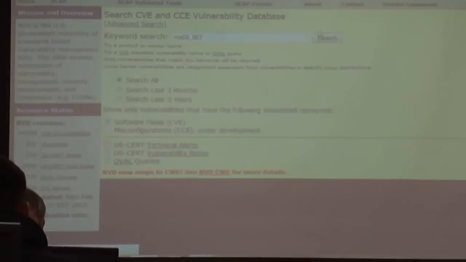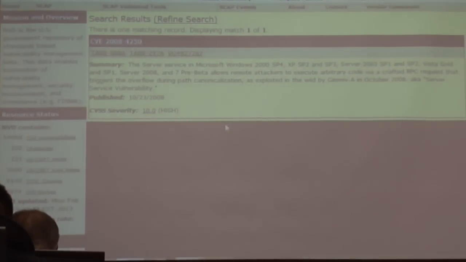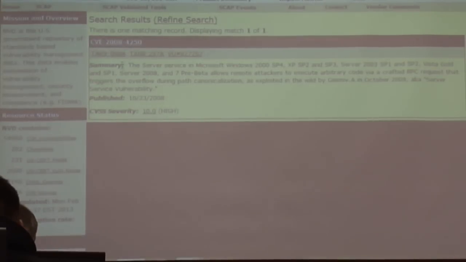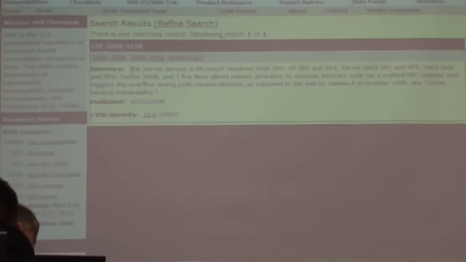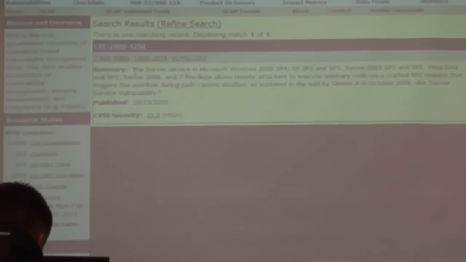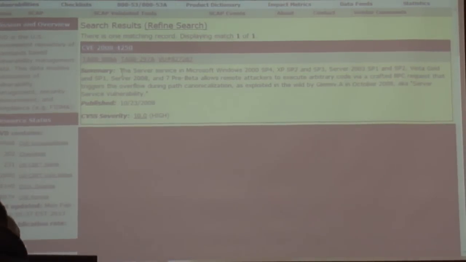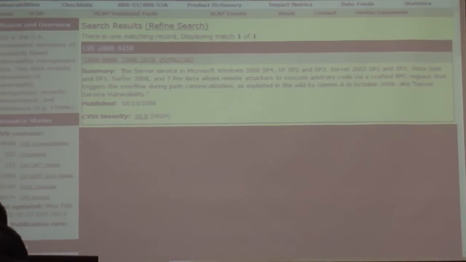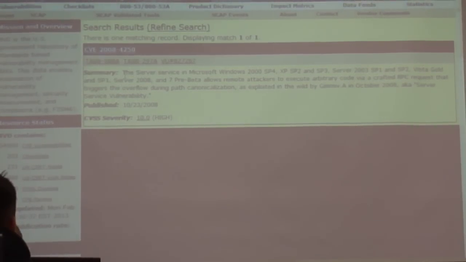So, it finds this: the Server service in Microsoft Windows 2000 Service Pack 4, XP SP2, SP3, Server 2003 Service Pack 1 and Service Pack 2, Vista Gold, SP1, Server 2008, and 7 Pre-Beta allows remote attackers to execute arbitrary code by a crafted RPC request that triggers an overflow during path canonicalization. I would have to look that word up. That might be a paper. As exploited in the wild, a